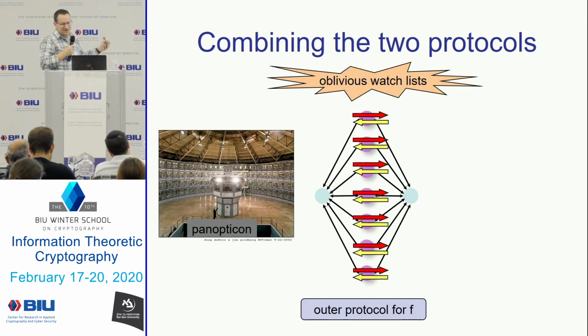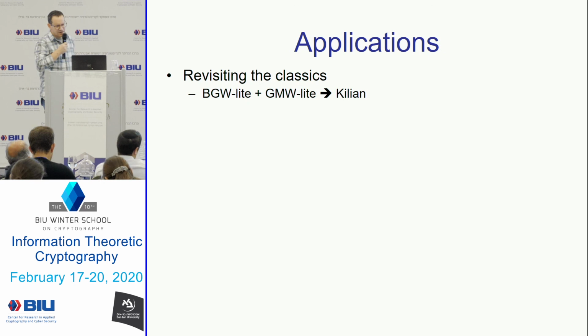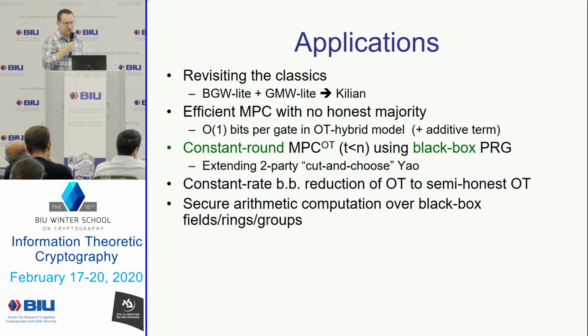Basically, the watchlist mechanism is like this type of prison called panopticon that ensures that in the virtual, we use a semi-honest protocol to virtualize a server, and to make sure we don't cheat, I don't know where I'm watched, and you don't know where I'm watching you. So each of us can only cheat in a small number of times, which is being error-corrected by this outer honest majority protocol. That's a high-level idea, but again, it's a very simple and modular approach that allows us to combine existing types of MPC protocols that are easy to get sometimes new protocols that are difficult to obtain by other means. And this has different types of applications, both in terms of simplifying classical results like Killian's results and